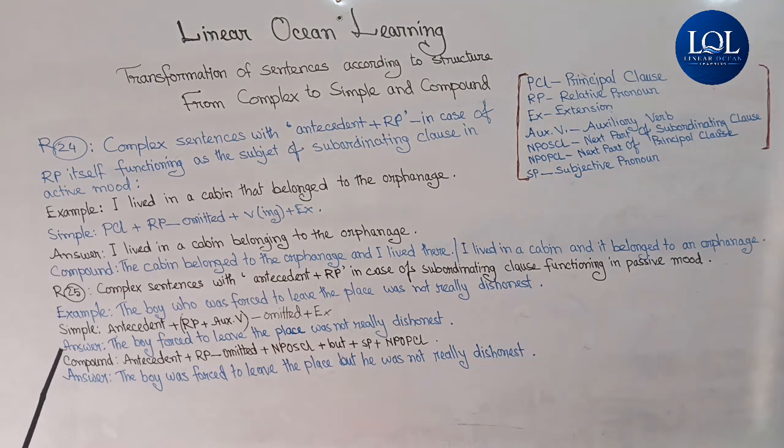Again, if we want to put it into compound sentence, we have got the structure of compound sentence from complex sentence. The boy who was forced to leave the place was not really dishonest. Antecedent plus RP omitted plus NPOSCL. If we omit relative pronoun who, so we are getting the boy was forced to leave the place. Antecedent is the boy and relative pronoun who is omitted. Then next part of subordinating clause,